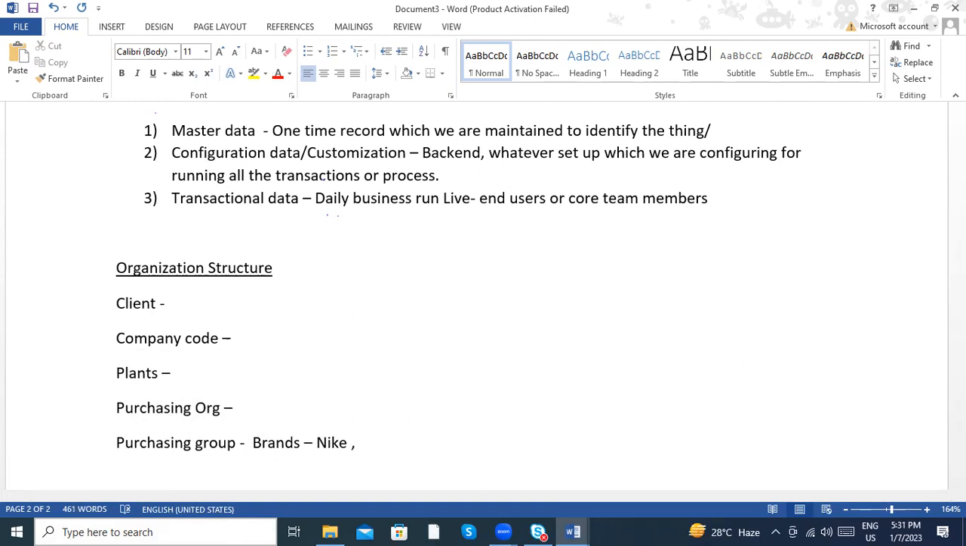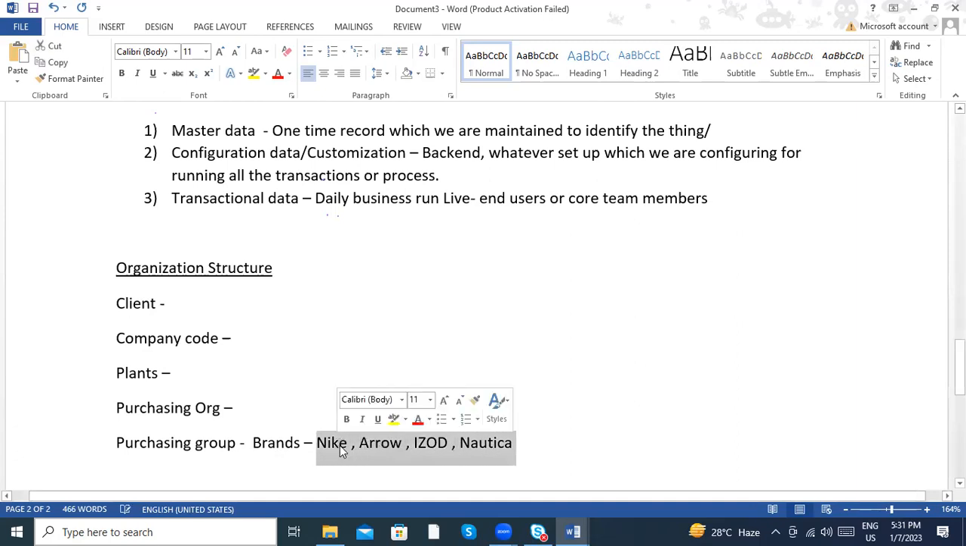Okay, and I have the Arrow brand there, the iJot brand there, and the Nautica brand there. So these are all apparel and footwear products. When I'm going to buy any product for these materials, my company is saying that